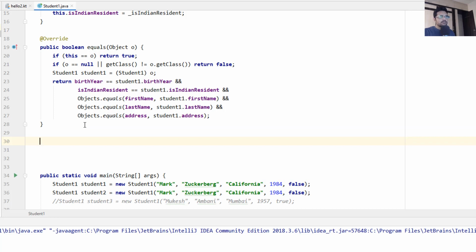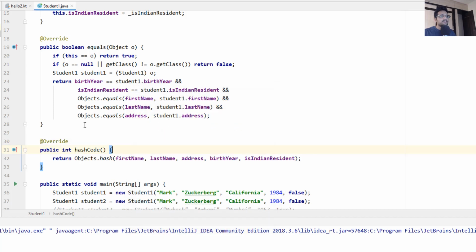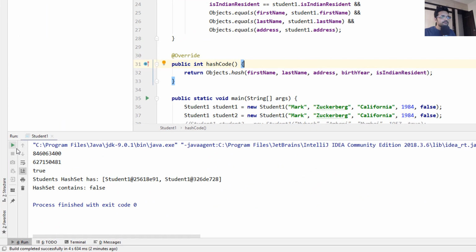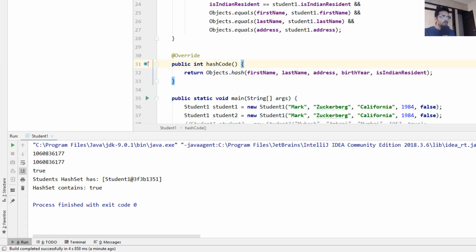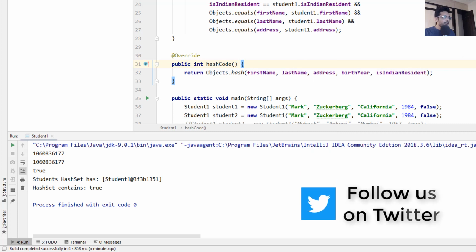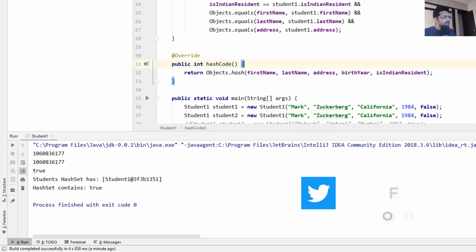Just type hashCode, it prompts, and select the default values. Now let's run it and see what we get. Now it returns true and also has a single entry. The two elements are considered equal and are stored in the same memory bucket.